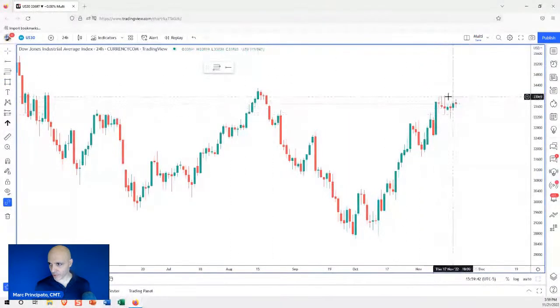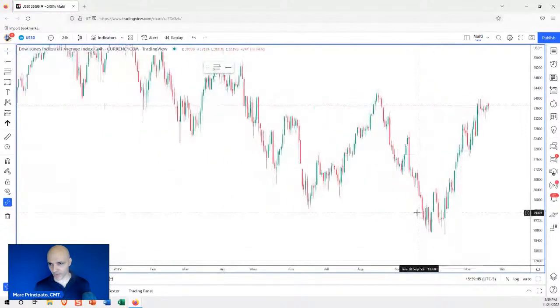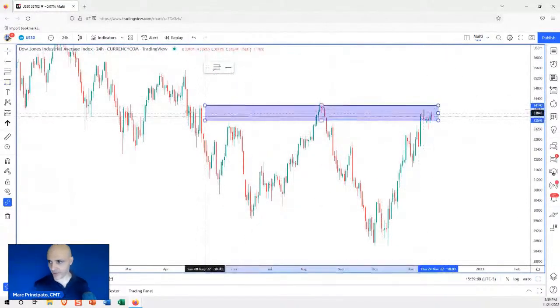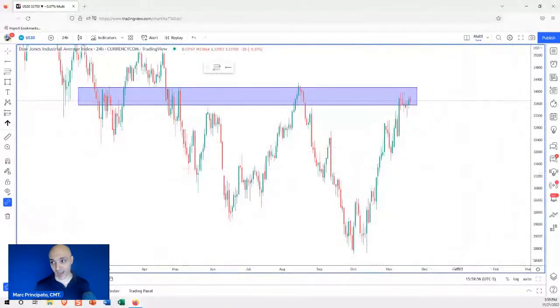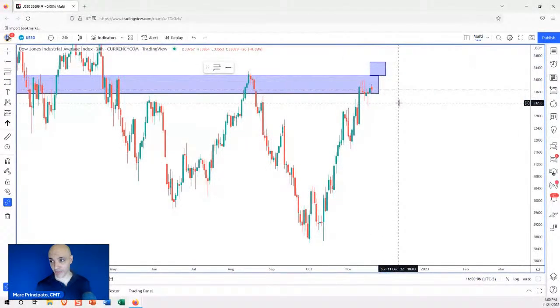Don't get too obsessed with that. Focus on the location. Look at this. You want to be long Dow stocks up here? I wouldn't want to be. That's a really bad level. It doesn't mean there's a guarantee it's going to sell off, but the risk is high. Maybe with all the optimism and all the good feelings, maybe it pushes a little further and it gives us the fake out. That's what I would suspect, and that's how I would measure the risk. So I wouldn't be going long here.